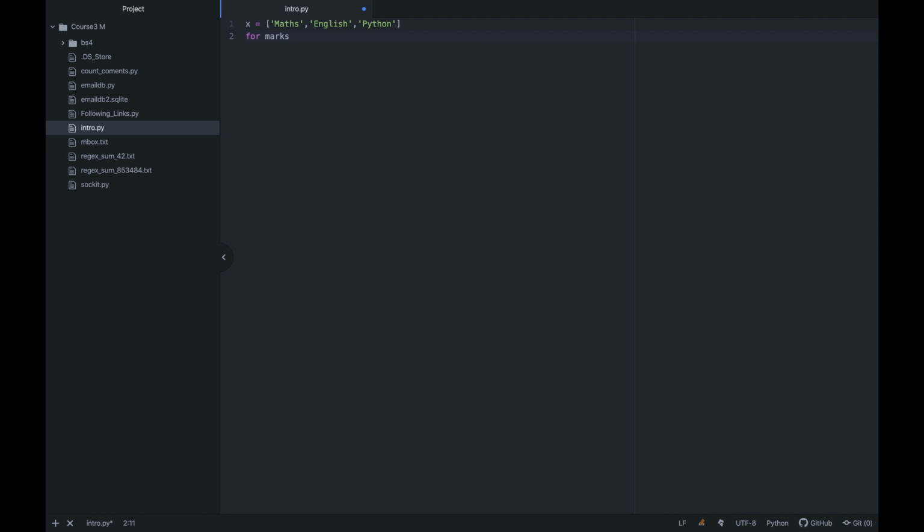So instead of marks you can put anything, numbers or subjects. I'll just put in numbers. You can put anything, you can put a blank also, not a normal blank, I'm talking about this. Now in is the place from where we are taking the value. So we are taking the value from x, and now I'm going to start it, and in it I'm going to print